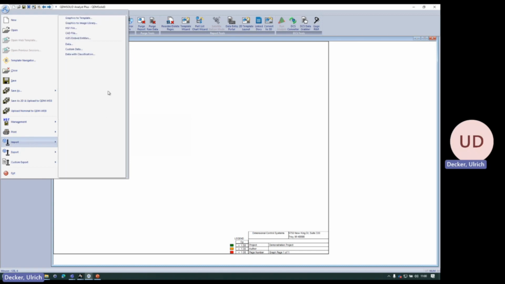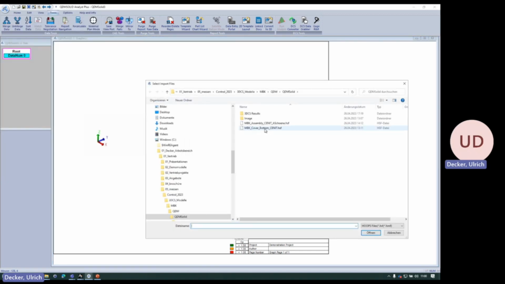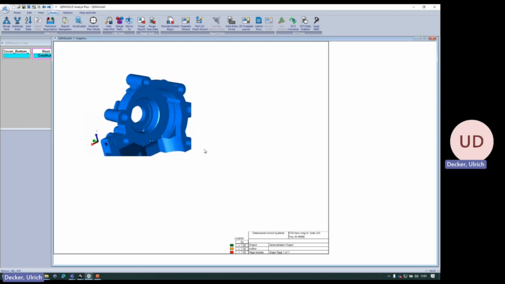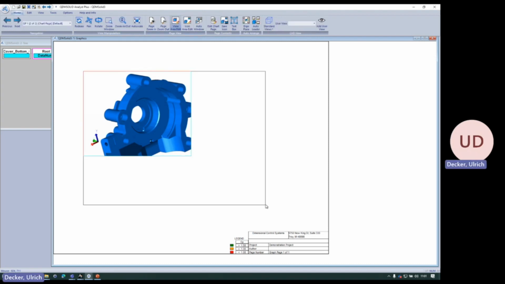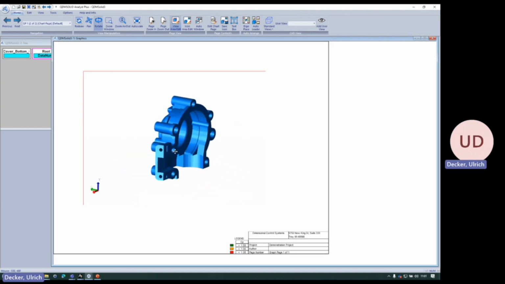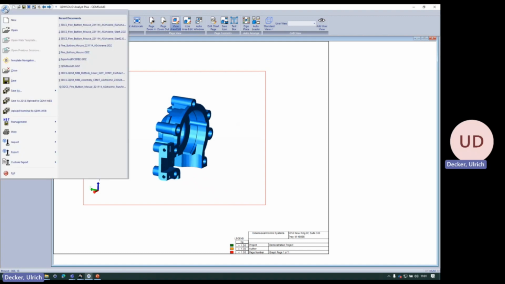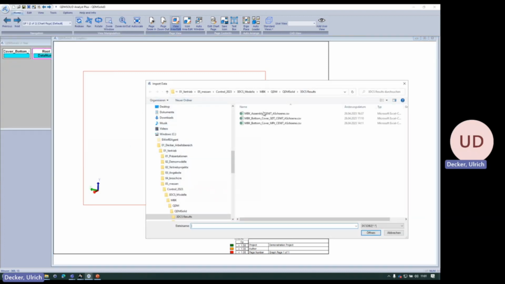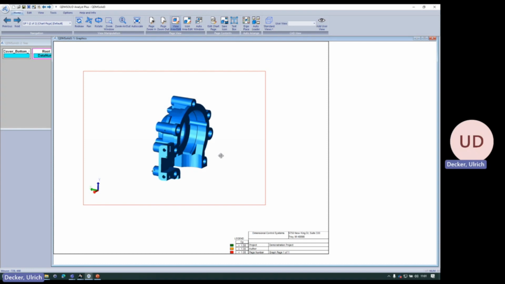And now let's see how easy it is to come to results. So we just take that part inside the template maker. We can extend the window a little bit. We can rotate and make it look good. Now, as we do have the CAD editors inside our template maker, we could also import the data from the part, and then we can